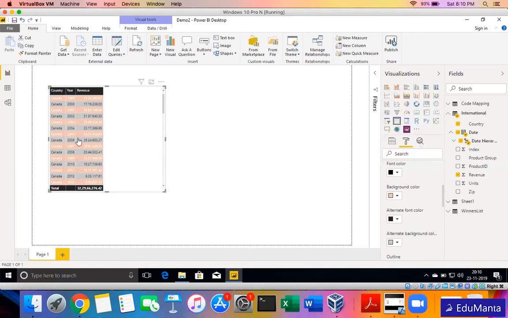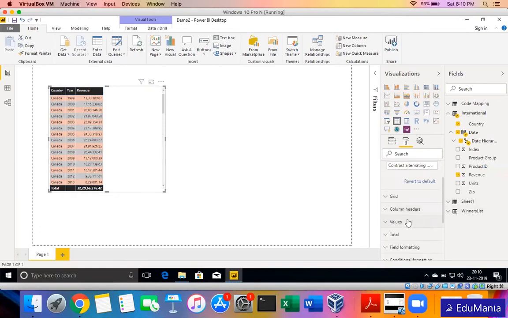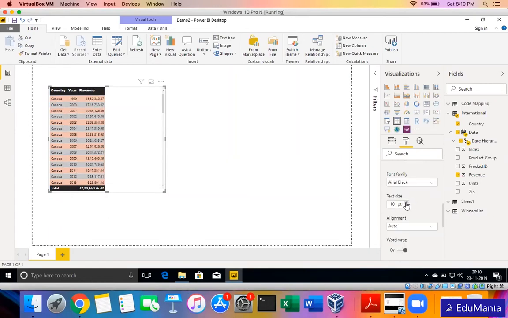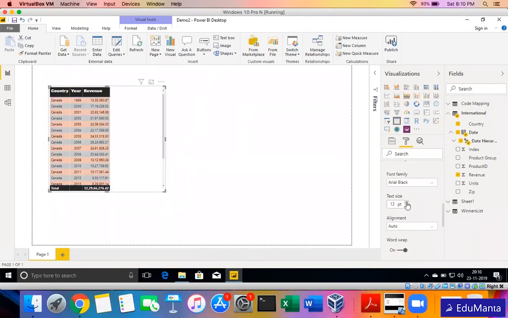So this is customizable based on my needs. Even there is a different section to format the column headers. If I don't want this black and white, I want some other font and background color, I can do that. I can change the font family. I want Arial or Calibri or different options that are there. I can just select that one. I want Arial Black, so it is bold. I want a bigger header size. I can just select and click on this.